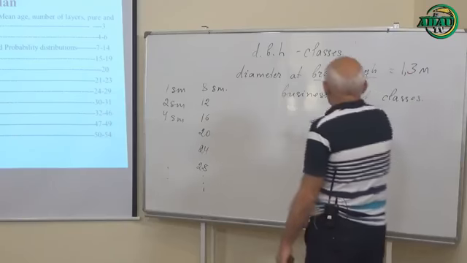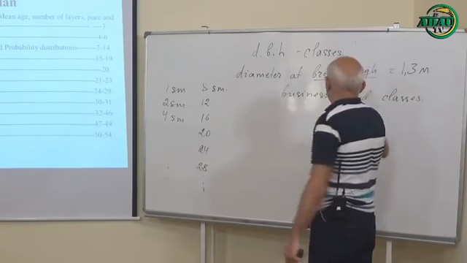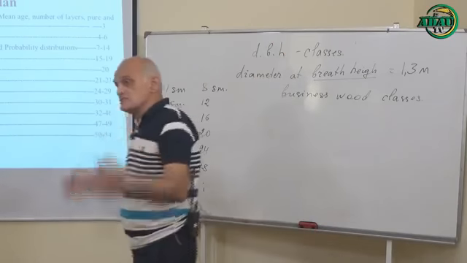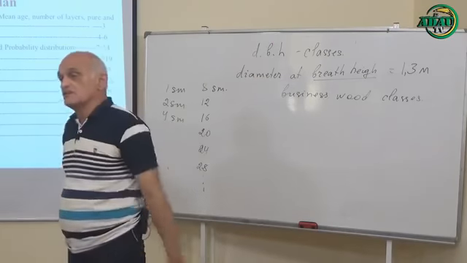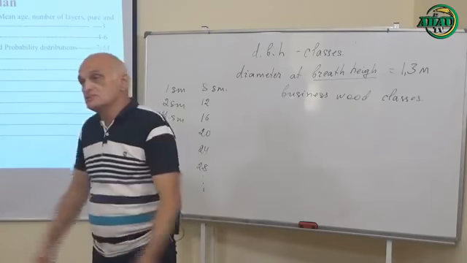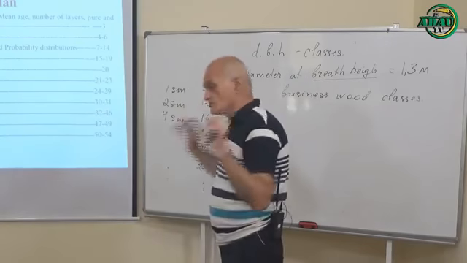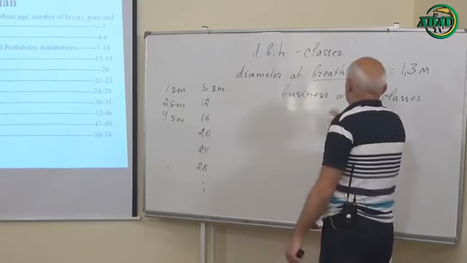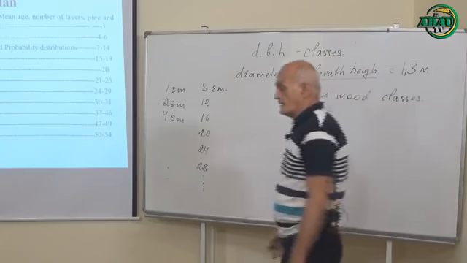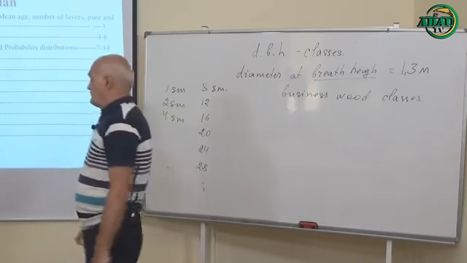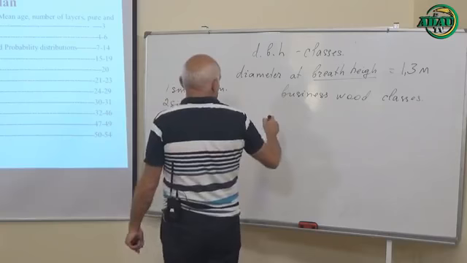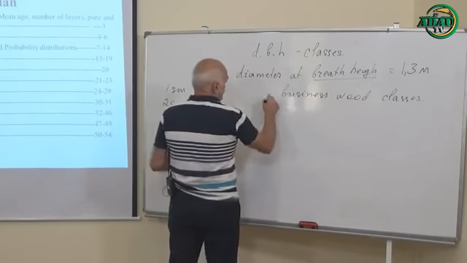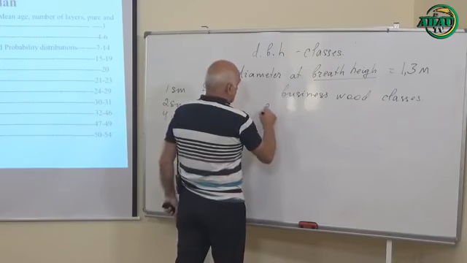There exist synonyms for this word. Business wood can be industrial wood, merchantable wood, commercial timber, and so on. Let's think that we talk about business wood classes. The classes are the first business wood, the second